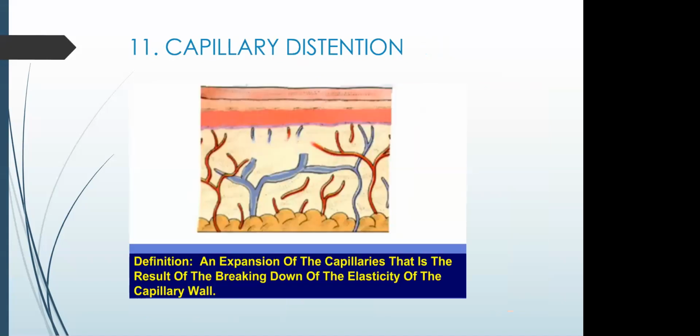Capillary distension. These are small, dilated, winding, bright red or blue blood vessels that are visible on the skin surface, commonly seen in the nose and cheek areas of middle-aged and elderly individuals. And unfortunately, women are more likely to have them in these areas, and they often have more of a reddish color.